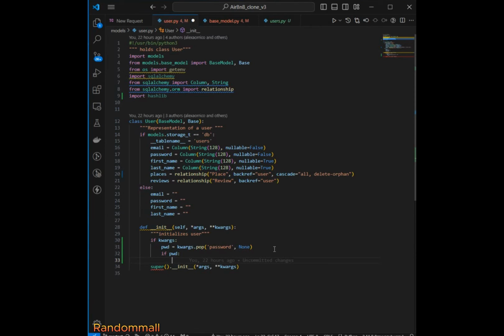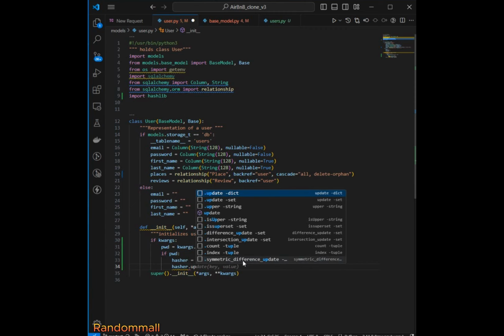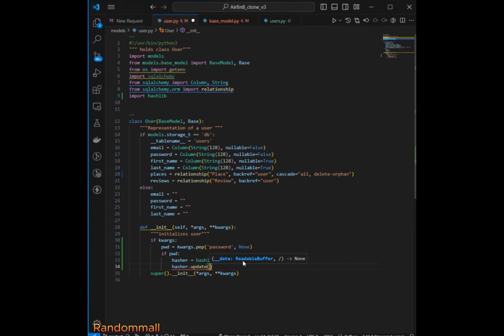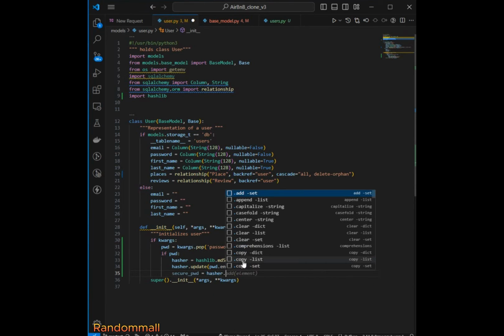If it's there, we are going to call hashlib.md5 and save it as hasha, and then we are going to say hasha dot update, and then we pass in the pwd and then encode it to utf-8, and then we are going to say secure pwd is equal to, we call the hasha dot